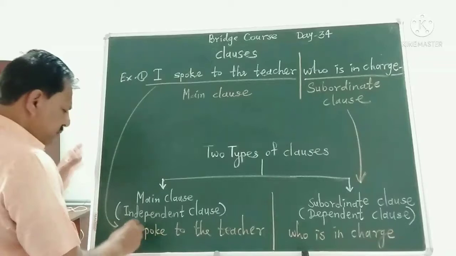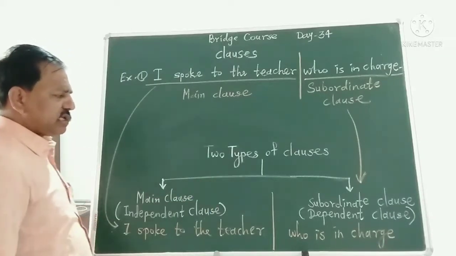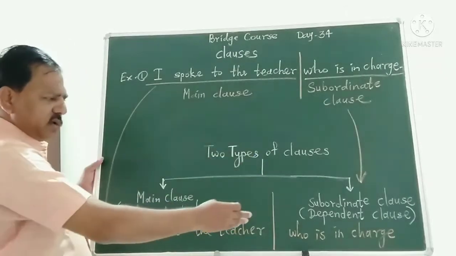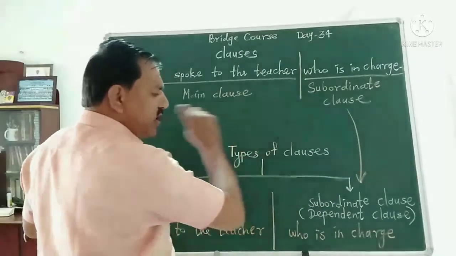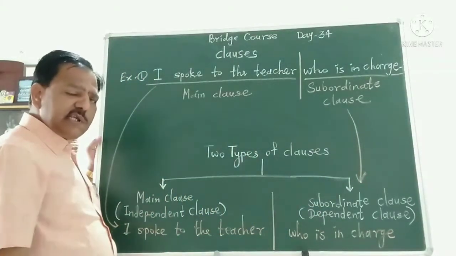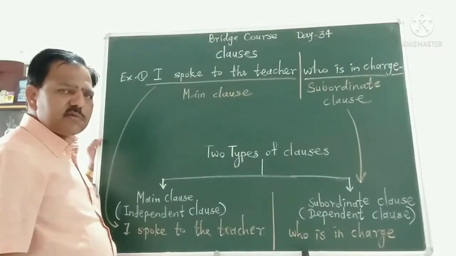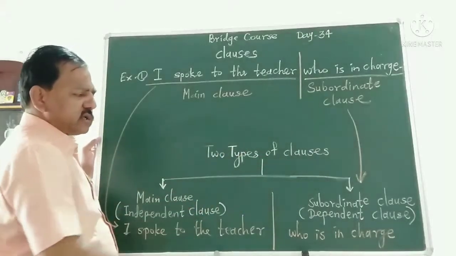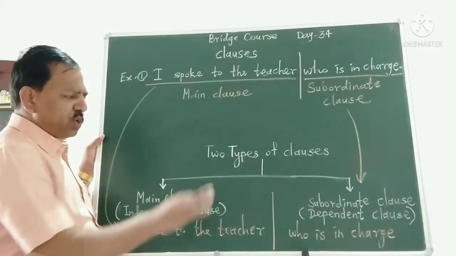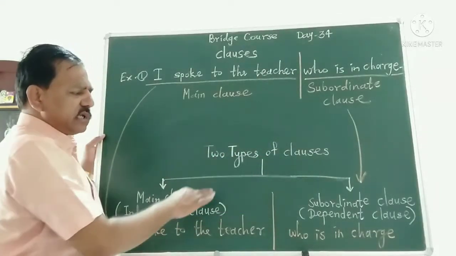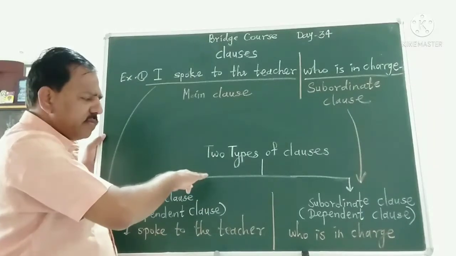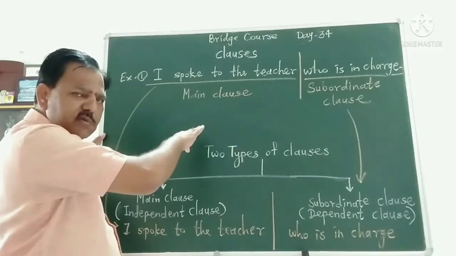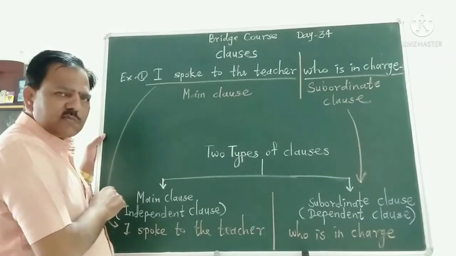So main clause and subordinate clause, both are important. You always have to find the subordinate clause in a sentence, and the kinds of clauses are based on the function of the subordinate clause. Prominently, the subordinate clause functions in a sentence as the object of the verb or the subject of the verb. So it is known as noun clause.